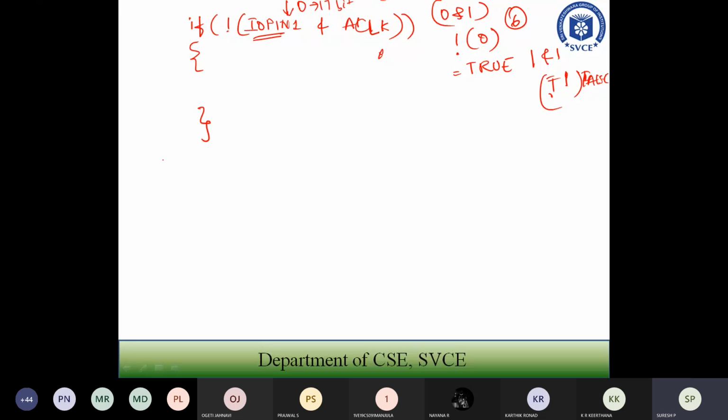What I need to do at that time, I have to make my motor rotate in the clockwise direction. So for that, I have to set my 6th bit. I am setting my 6th bit, that is 1 left shift 6. Okay, 6th bit I am going to set, and I have to clear the 5th bit, which had been set in the previous if condition. So I am going to clear the 5th bit.